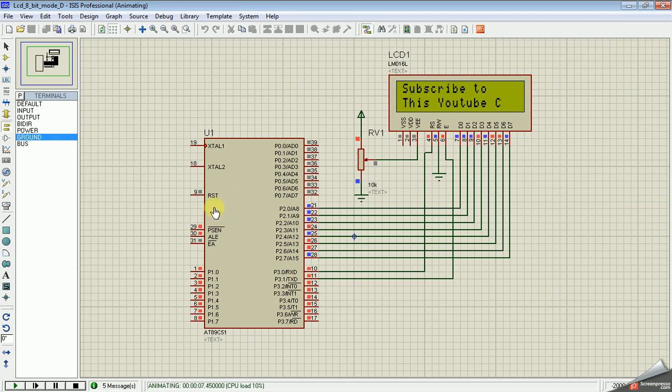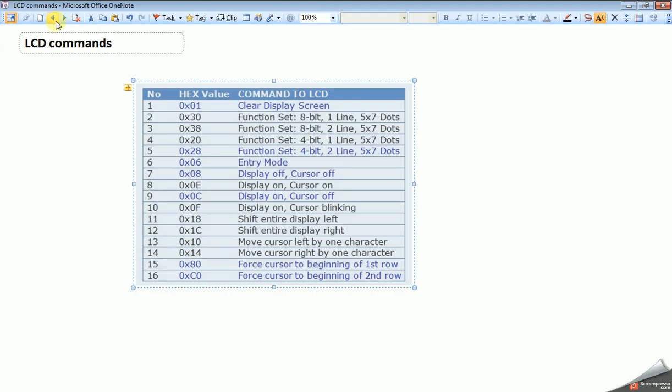Yeah, now it is clear. Next we will see the 4-bit mode. That's our next program.